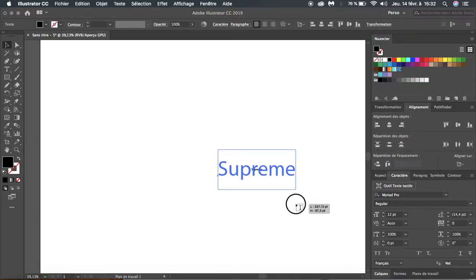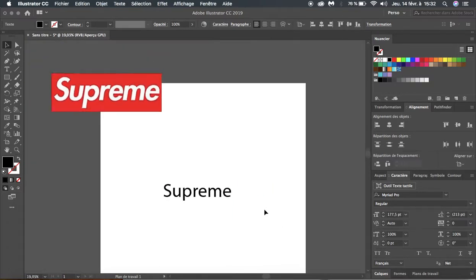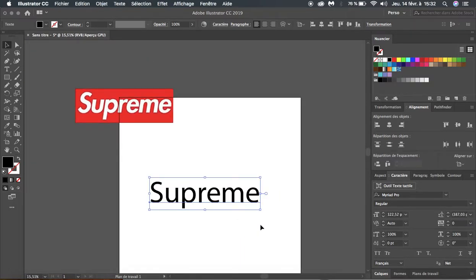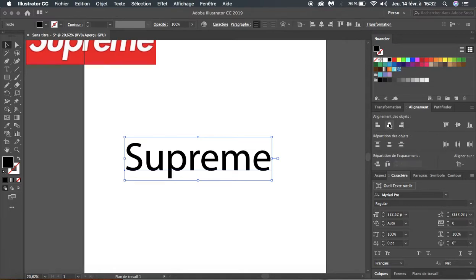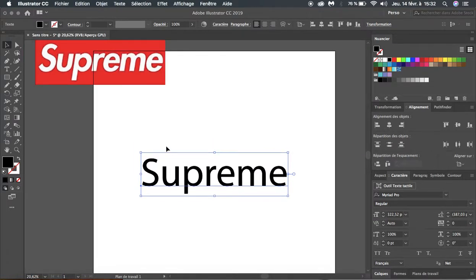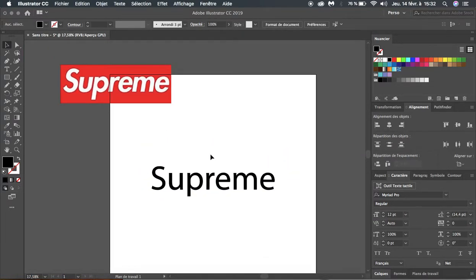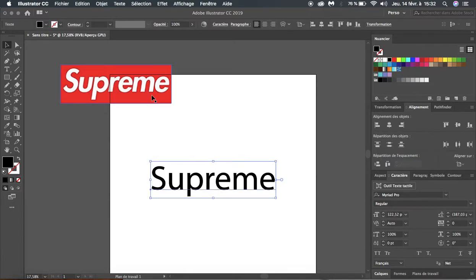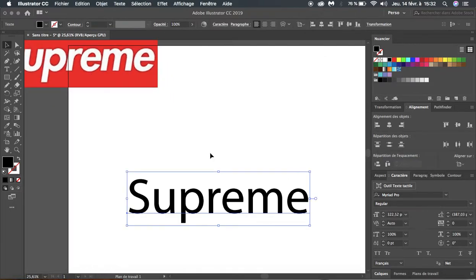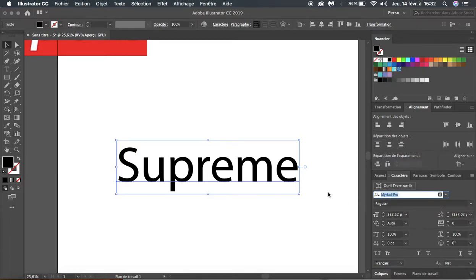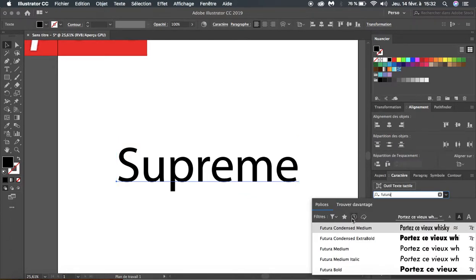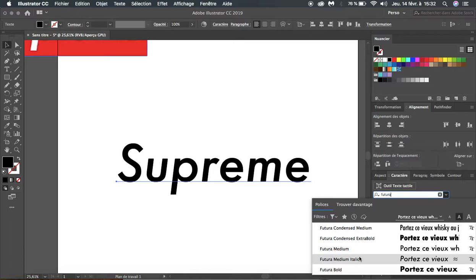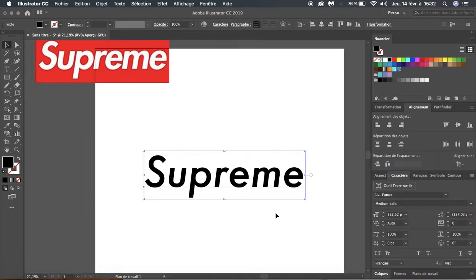We're gonna increase the size a bit so it's a bit bigger. Alright, we're gonna put it in the center. And the first thing is to change the font, because Supreme uses a special font which is Futura Italics. It's a font that you probably already have on your computer, so it's not really necessary to